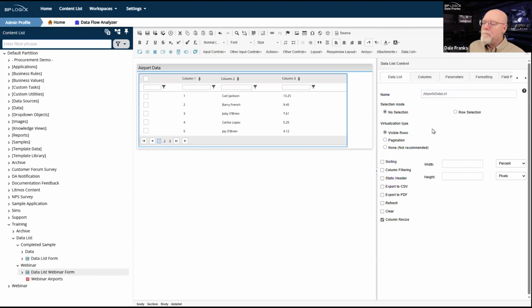So as I was saying, selection mode. Currently on the data list, and we do plan to expand this, I have two modes, no selection and row selection. This control does have the capability for other selection methods, such as selecting a single cell, or even, I believe, selecting a single column.